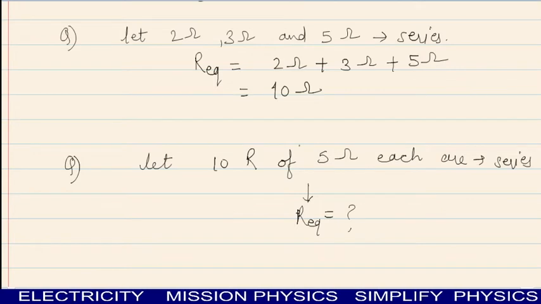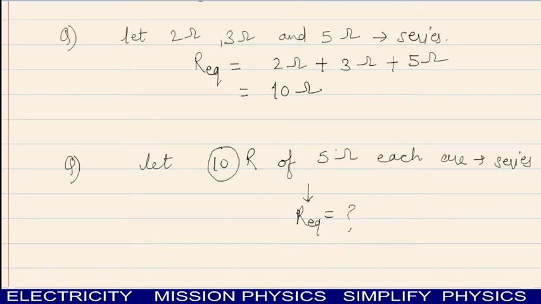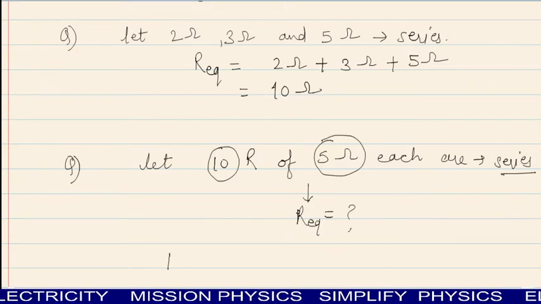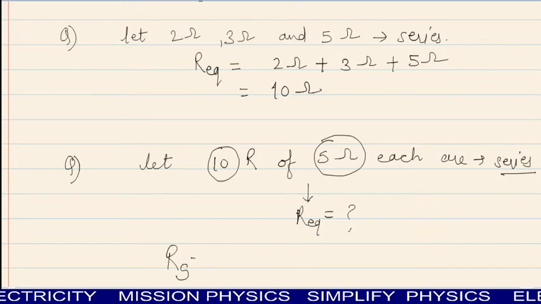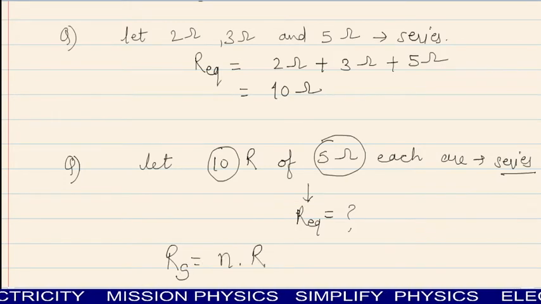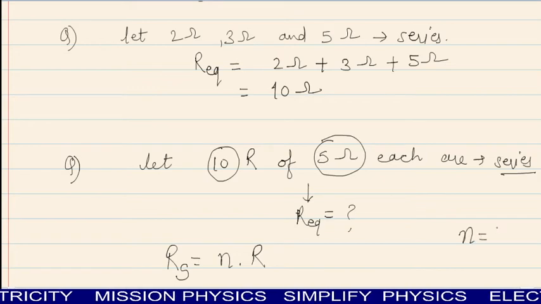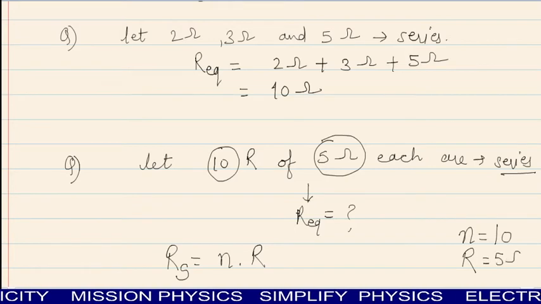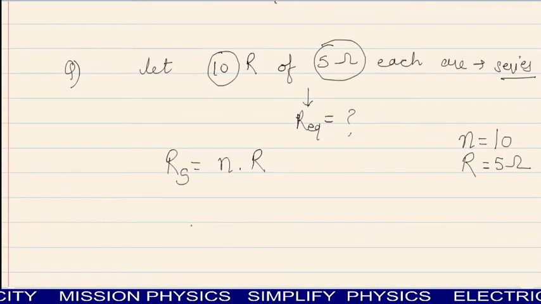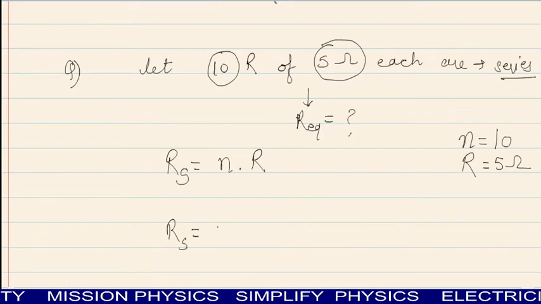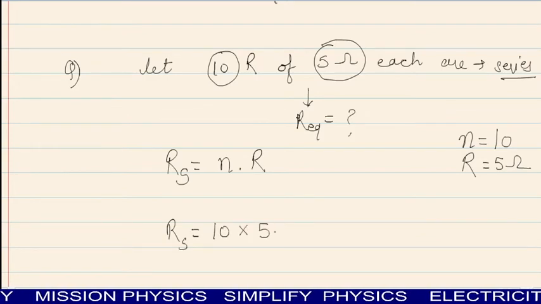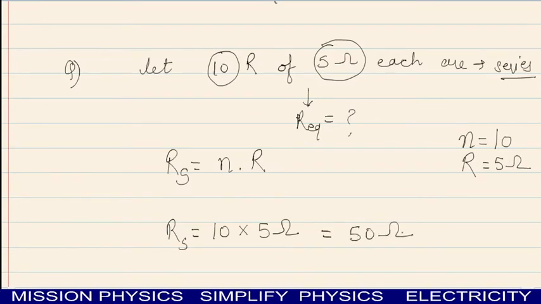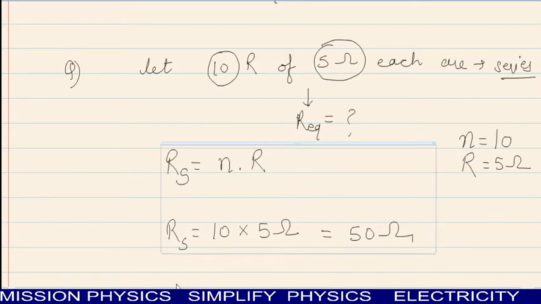So as we know, when n resistors of identical value are connected in series, then we have the answer Rs as n into R. So since number of resistors is 10 and the value of each resistor is 5 ohm here, we can have Rs equal to 10 multiplied by 5 ohm. So this will be giving us answer as 50 ohm।